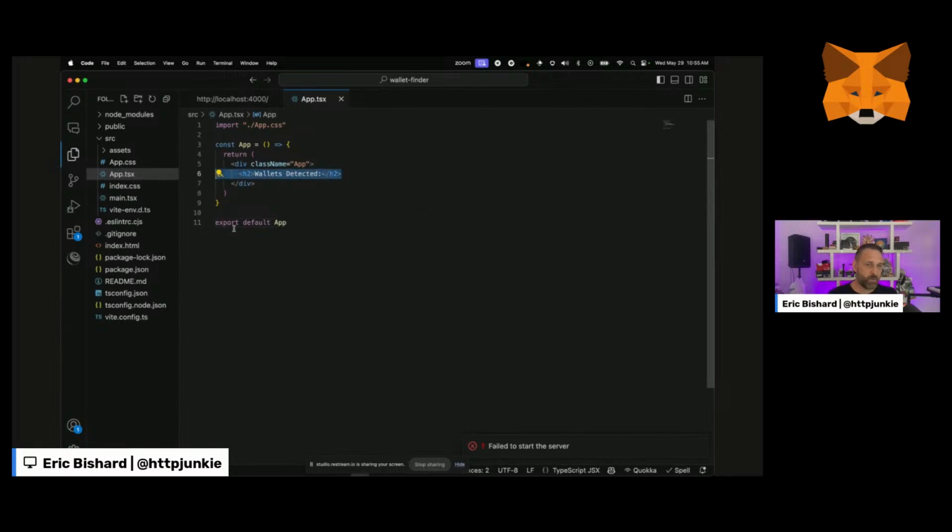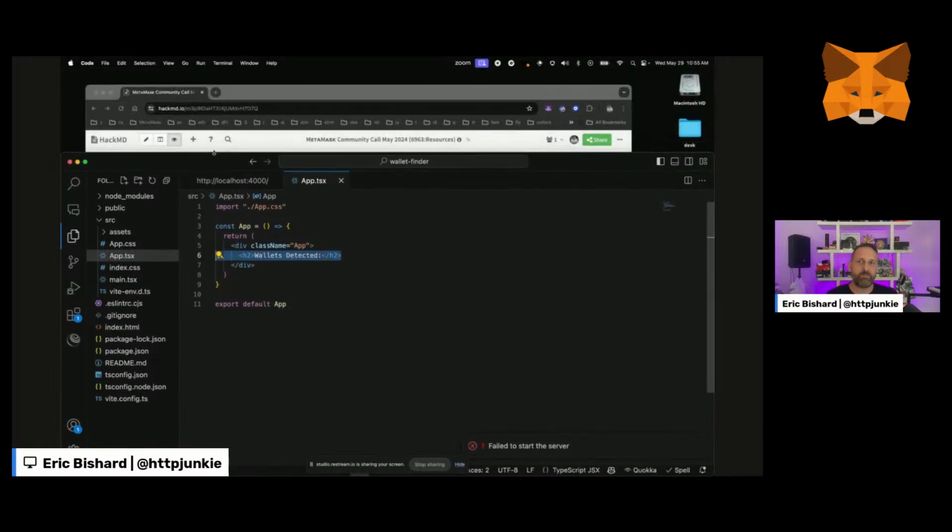I want to detect wallets. Basically, the only thing this application is going to do is detect these wallets and spit out a bunch of buttons to connect to them. The way that I've figured out how to do all this is